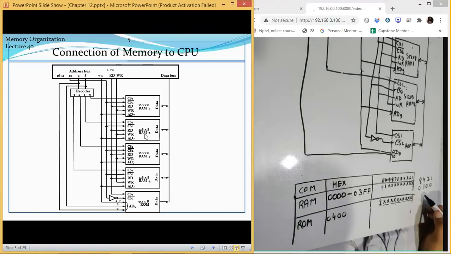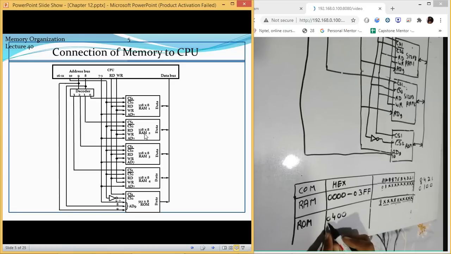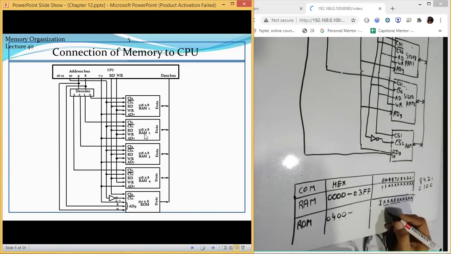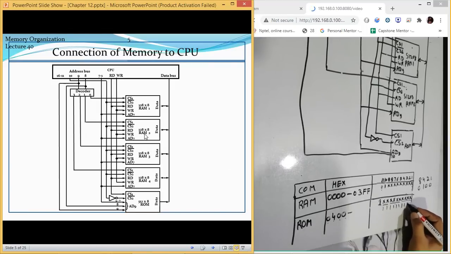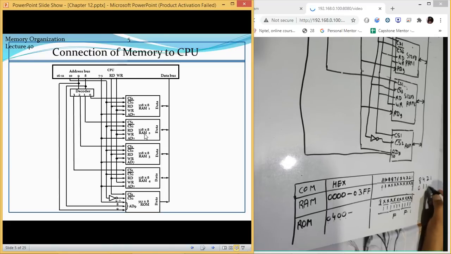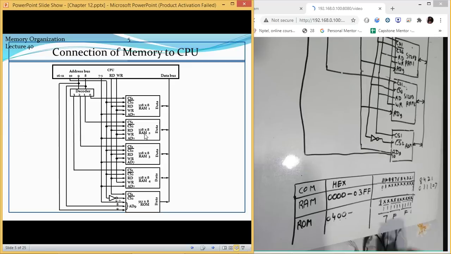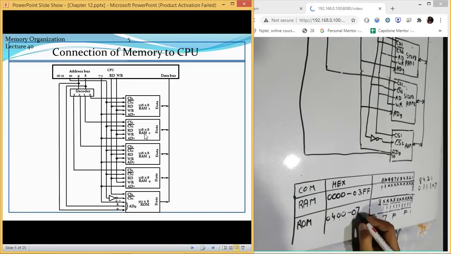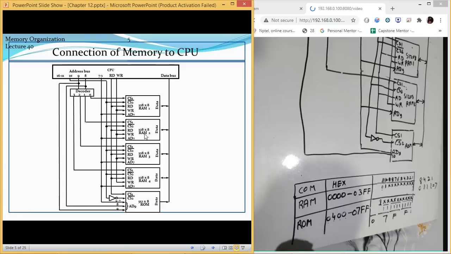So the first address on which RAM chip will work is 0400. Now let us find out the last address of this. For that I will need to convert all these crosses to 1. So then it will make this F, this will be F, this will be something like this, 1, 1. 4 plus 2 plus 1, it is equivalent to 7. So this will be 7 and the last value will be 0. So it is 0, 7, F, F.